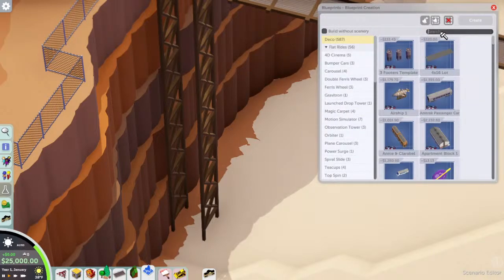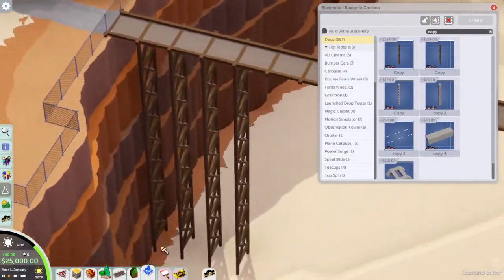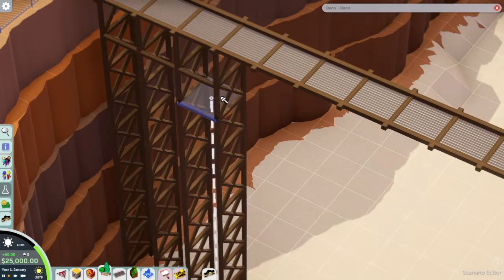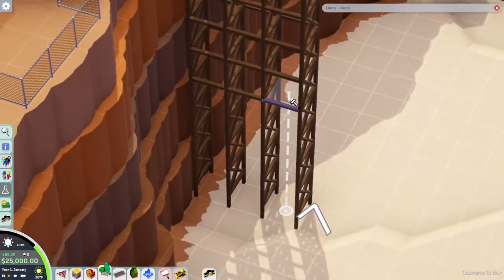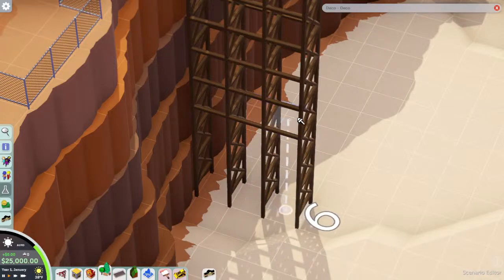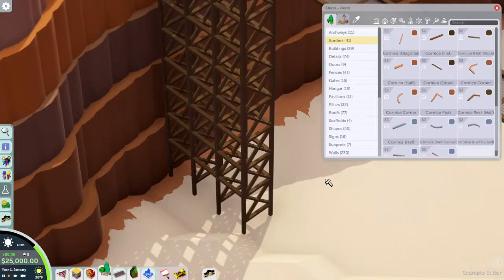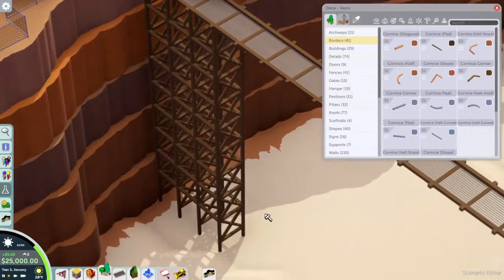Here, we're going to make bigger stretches of it because I need to quickly get over. There we go. Now we can just start doing some detail stuff. Doubling up on pieces. Not a good thing. Okay, let's do that. I need...